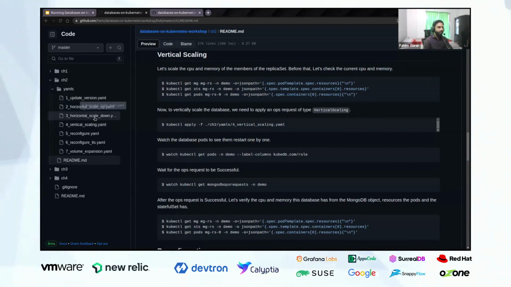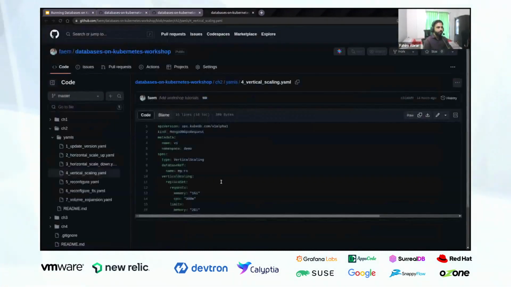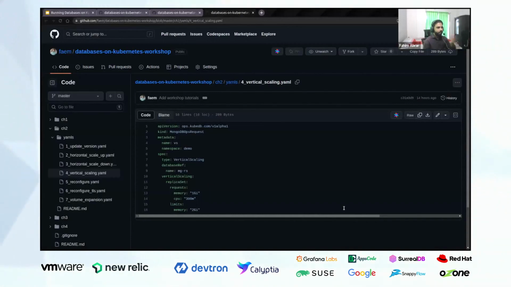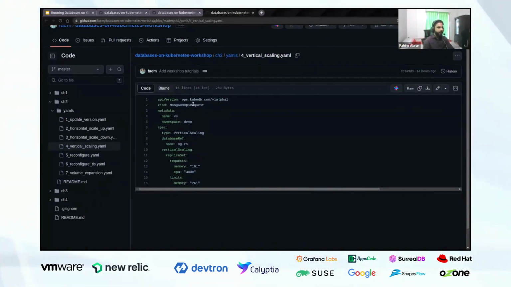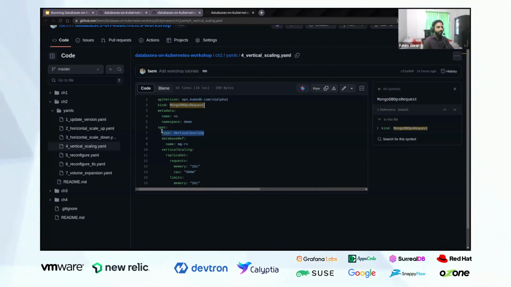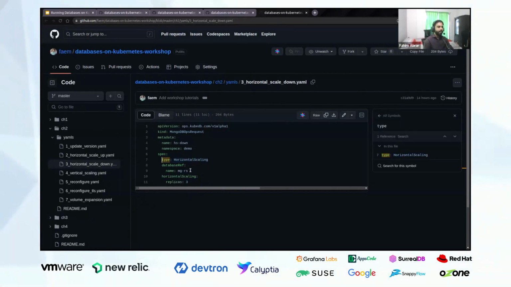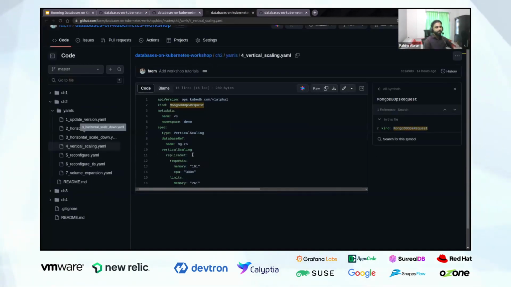If we check out the vertical scaling ops request YAML, we can see that the type is vertical scaling. Similar to before, where we wanted horizontal scaling, we provided the horizontal scaling type and the name of the database. Similar to that, we have the vertical scaling type, and we are providing the database reference here. In the vertical scaling ops request, we're providing the request and CPU that we want for our